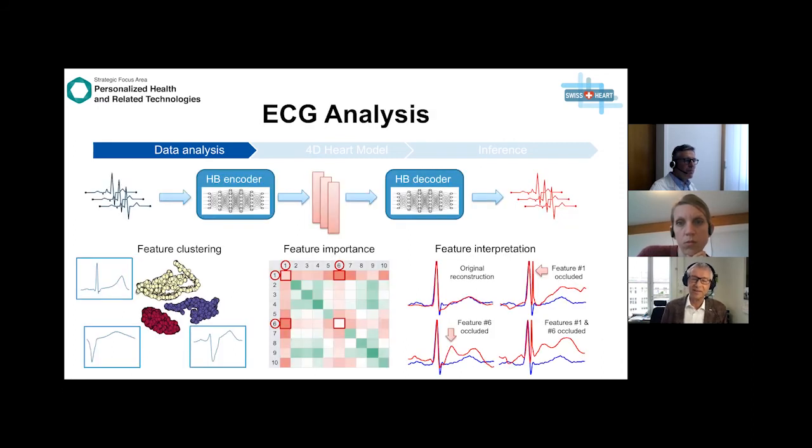Now the data analysis on the ECG level again uses a deep neural network with a heartbeat encoder and heartbeat decoder. The features then have to be analyzed, and what Alina, that's her project, Fabian is focusing more on the echoes. What she was pursuing in this context is to interpret the features with ablation studies. So you have a number of features, you can rank them according to their appearance. You can also cluster them in appropriate spaces. And if you then switch off some features, then you are missing that information, and you see it directly in how the reconstructions of the heartbeat then is deteriorating.